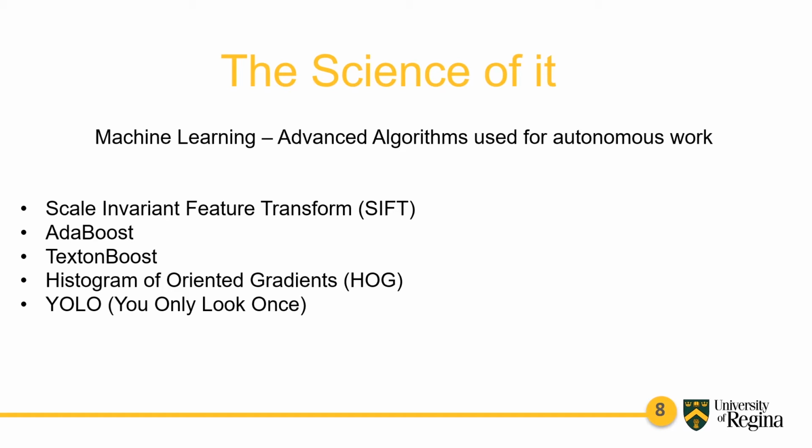Number three, TextonBoost. It has a similar base as AdaBoost, but TextonBoost is used mainly for image classifications. This is useful for our specific cause of autonomous vehicles. An example is that TextonBoost learns that pixels under the category of horses usually go along with pixels under the categories of farm, grass, stable, and other related things.